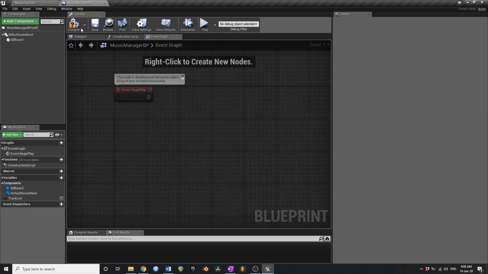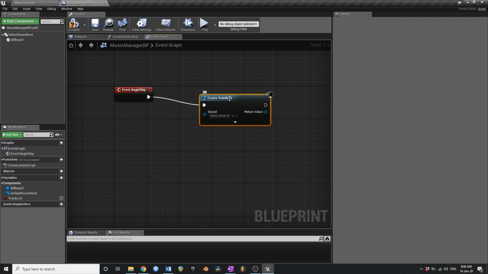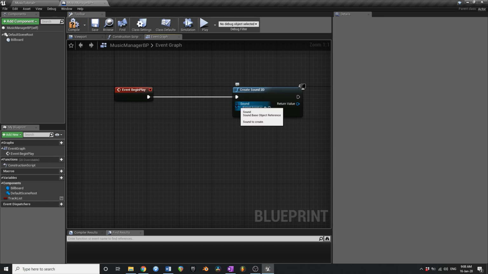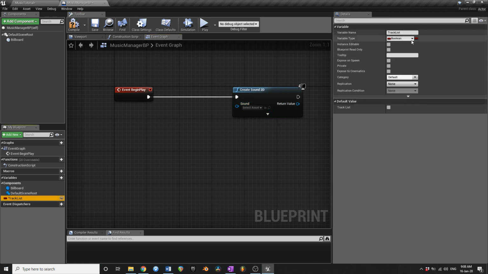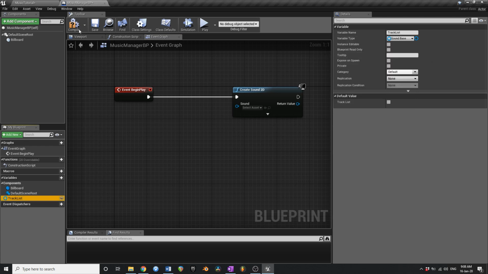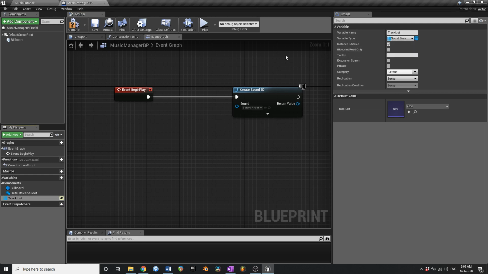So what we want to do is, on begin play, we're going to say create sound 2D. You want your music to be 2D, and the sound that we're going to be creating, what's this variable type? Sound base object reference, so we want it to be a sound base object reference. And the track list, you want that to be public so we can edit it for each